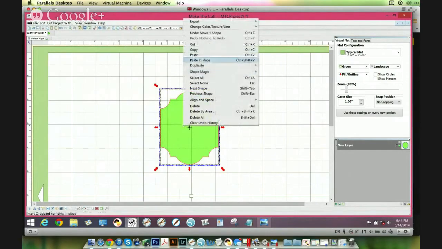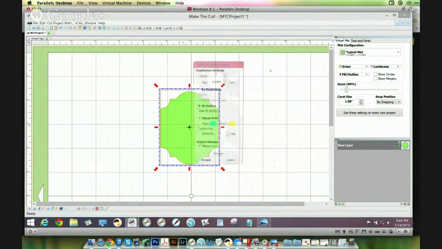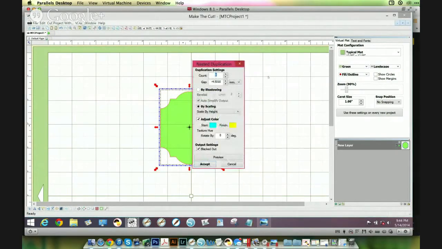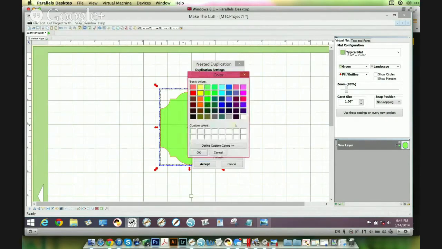Now you're going to go to Duplicate, Nested Duplicate. Okay. Now for the count, that would tell you how many you want to duplicate. If you go to 8, you already have one shape on the mat, so that would give you 9 mats. The gap is the space in between each of the shapes, and then you can adjust the colors here. You can select a color,